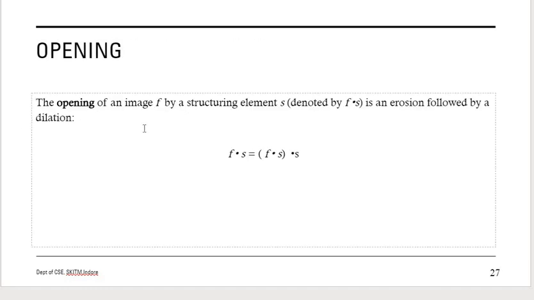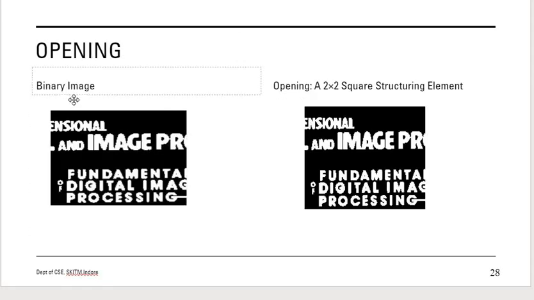One more set of operations is opening and closing. The opening operation of an image F by a structuring element is erosion followed by dilation. First we perform the erosion operation, the shrinking, and on the resultant image of that erosion we perform the dilation operation. So we have this binary image, and we have performed the opening operation.